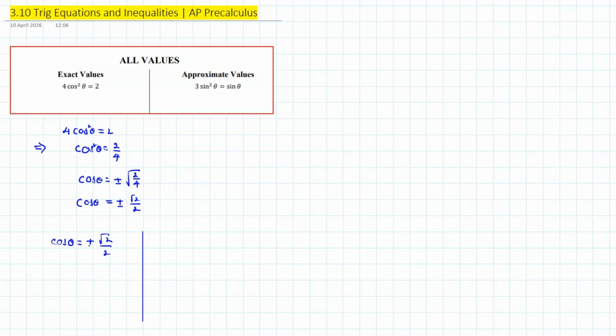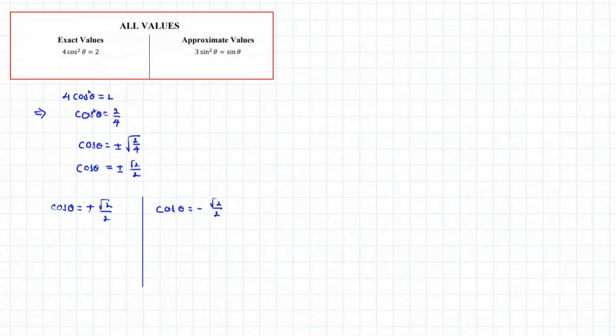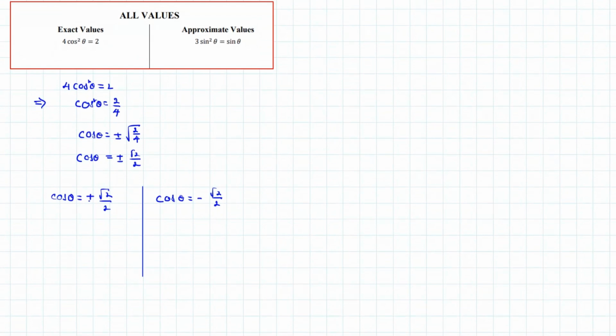Okay, so we have to find the solutions. Since cos theta equal to positive square root 2 over 2, on the unit circle, we have x equal to square root 2 over 2, draw the line. Okay, so we have two solutions, one is in the first quadrant and the second one is in the fourth quadrant. So in the first quadrant, cos theta equal to root 2 over 2 when theta is pi over 4,